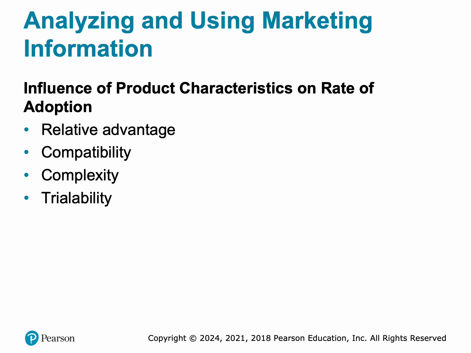Trialability is really how people use the product, right? How easy is it for them to use? Observability. Can they see how valued the product is, how well it works, etc.? So it's kind of like